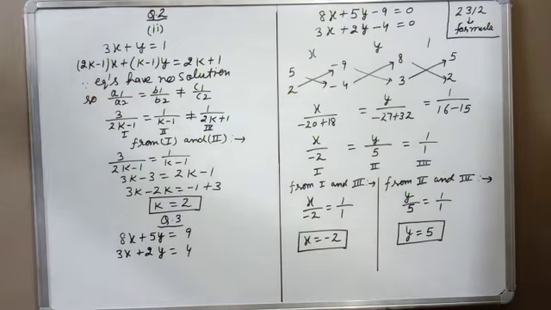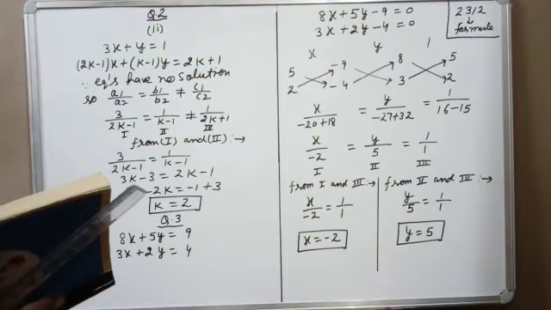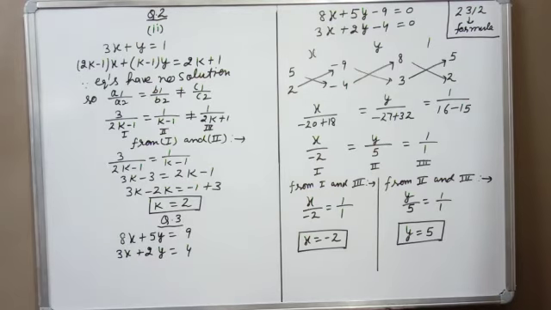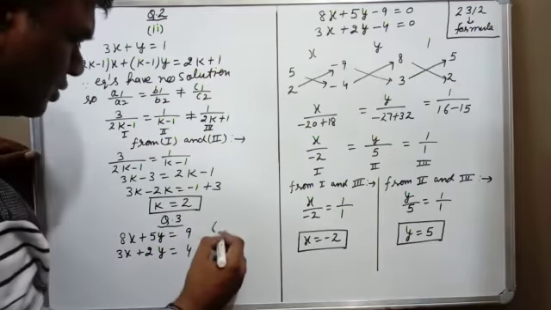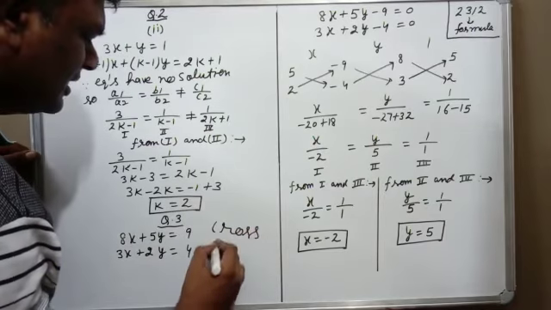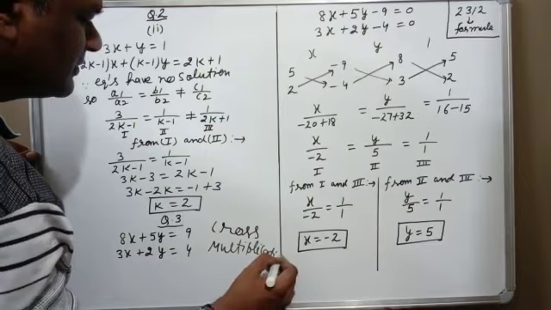Now after the second question, let us read the third question. In the third question, solve the following pair of linear equations by substitution and cross multiplication. These two equations are given and we have to solve the question by either substitution or cross multiplication. Up to now we have solved only one part by the cross multiplication method, so now we will solve this part also by cross multiplication. No need to revise the substitution method here. You can revise the cross multiplication method again.